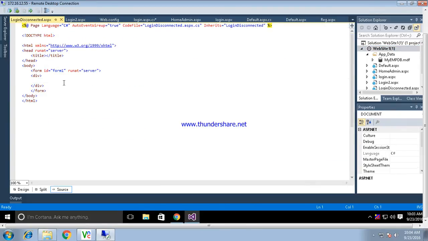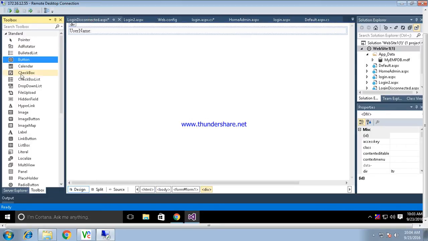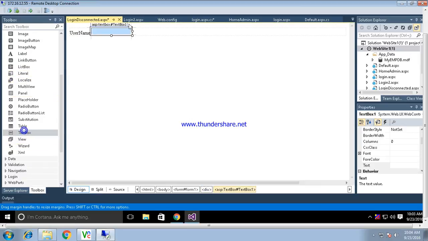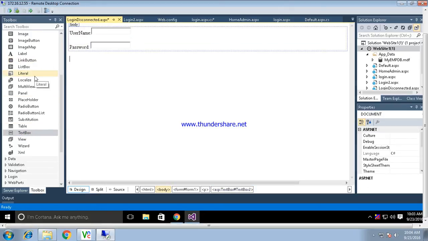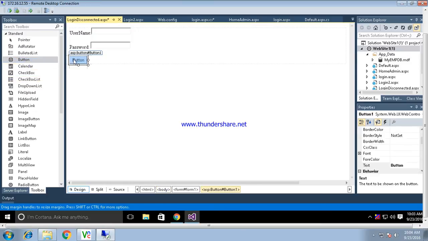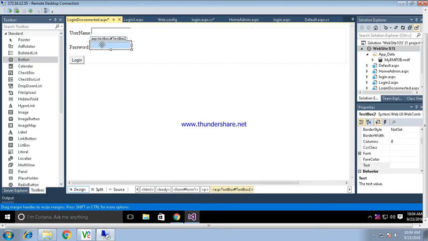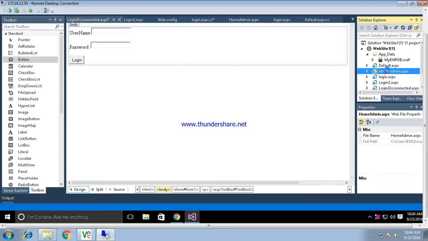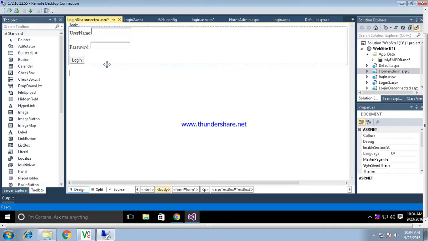I am taking a username text box, and again a password, you can change the design on your own, and a login button. When I click on this button, the username and password are checked from the database, and if they are correct, it will be redirected to the home admin.